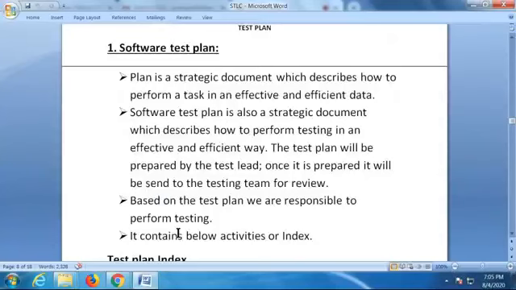We are going according to the STLC process. In that STLC process, now we are going into the test plan, right? So what is a test plan? What is the use of this test plan, who is preparing this test plan, and what it is describing